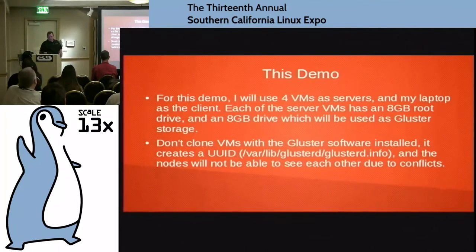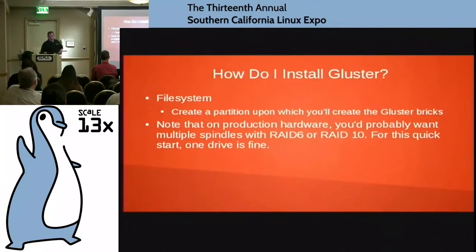All right. So anyway, don't clone. We talked about that. So the first step we need to do is create a partition upon which you will create the Gluster bricks. In the real world, you're going to use inexpensive servers, because a big benefit is you can use commodity hardware. But in the real world, of course, we would recommend that you do some sort of redundancy at the server level. You're going to want to run a RAID 6 array or RAID 10, something like that. RAID 5 is going to take a performance hit. RAID 6 needs to be a little bit faster. So anyway, for this demo, I'm just using simple VMs with just simple partitions.